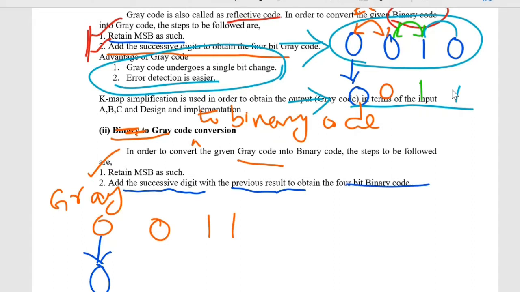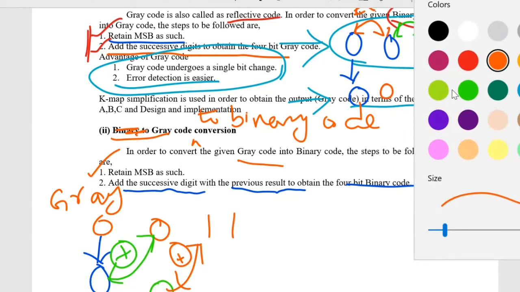For the successive digit with the previous result, you have to XOR, add. So now I am making an XOR with this, XOR with this. So the result I am getting is 0 XOR 0, 0. Now again XOR with the 1.